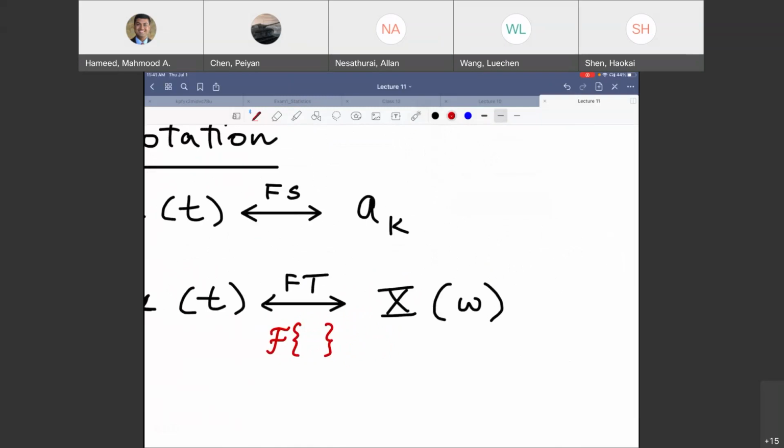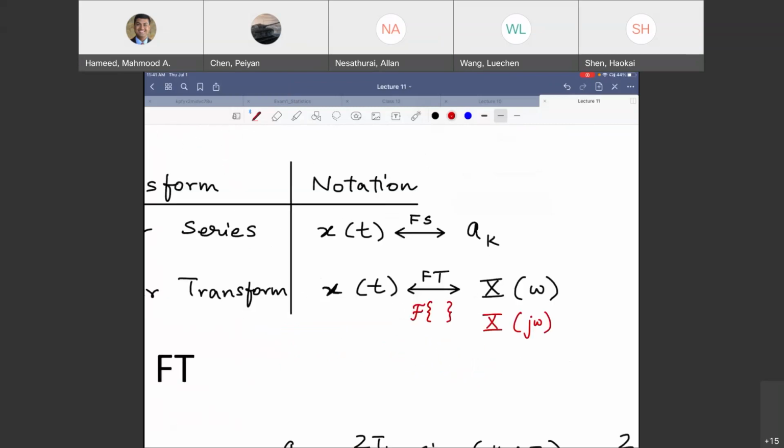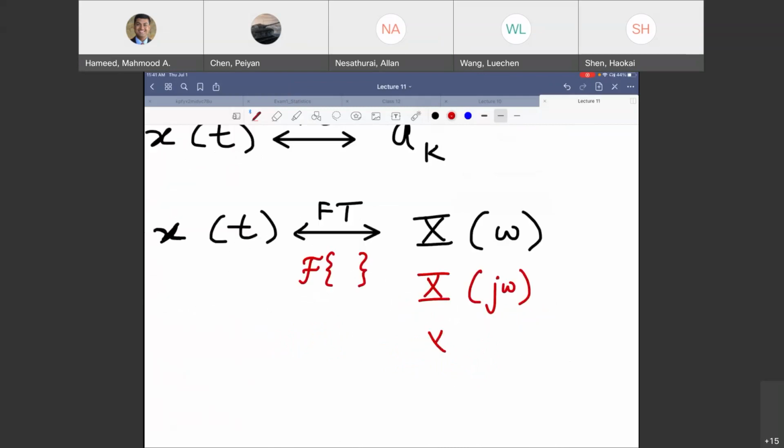You just now saw, for Laplace transform, you used a cap H, right? Now, there are other ways of this as well. Cap X of j omega, that's it, either omega or j omega. These are the two popular forms for that. That's the Fourier transform. In one, the signal is dependent on what variable? Time. In the other, the signal is dependent on omega, frequency. Oh, by the way, I can also do this. Frequency, f, right? So omega or j omega or f. All of these correspond to Fourier transform of signals.